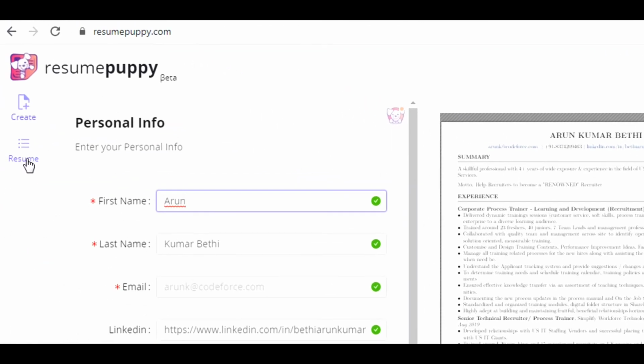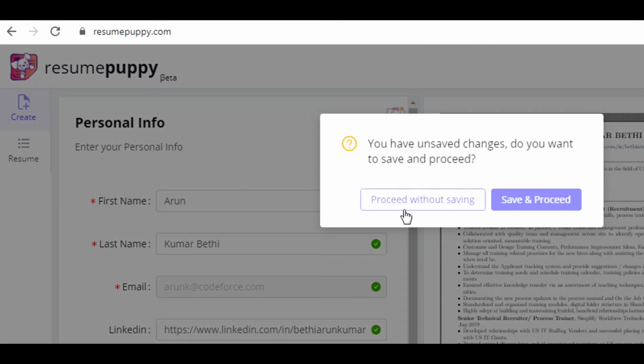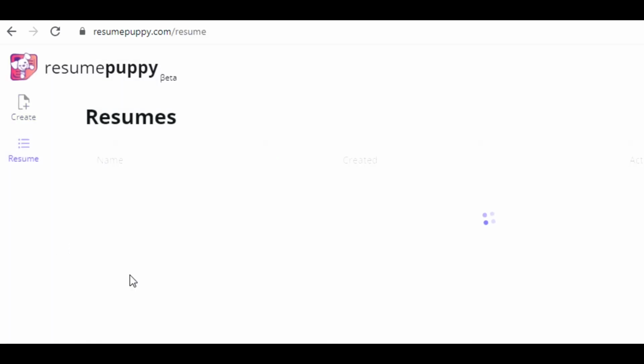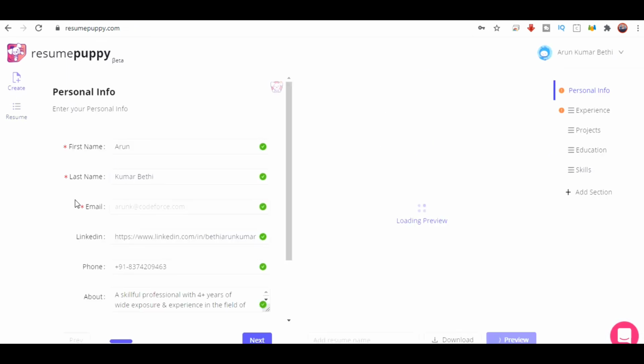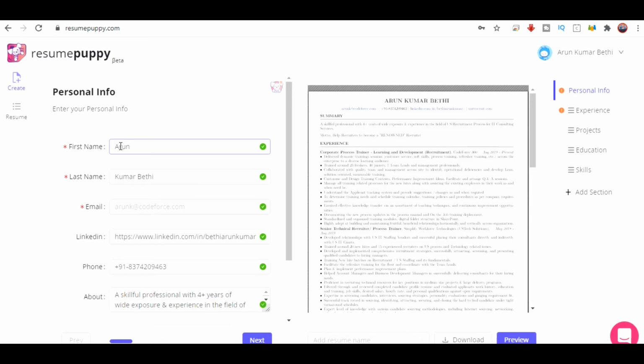You can even click on this resume button, so that it will open up the resumes which you have saved previously. I have saved 2 resumes, so you can even download these resumes and make use of them. And coming to the main part, on how to build this resume in resumemaker.com, first things first,